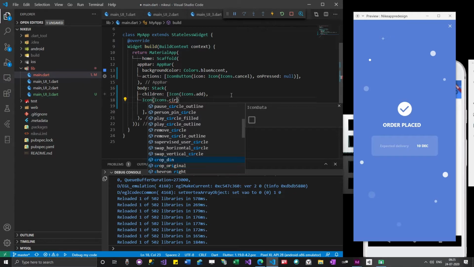Okay, so for an example purpose, let me add this square to the screen, because in order to achieve a circle, you can actually add a container, but that will make our code large, right? So when we are doing these kinds of designs, we always have a choice. Instead of going with circles, you can add squares. It's up to you. If you think rectangles or squares look much better than circles, you can use them, no problem.